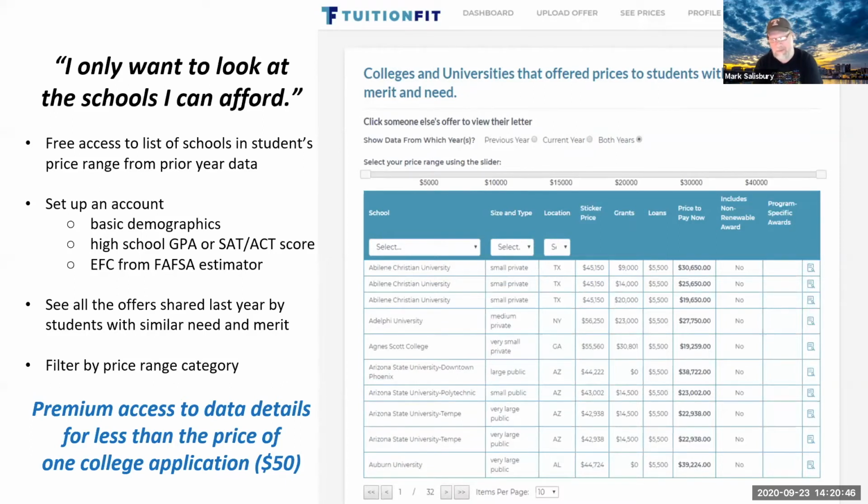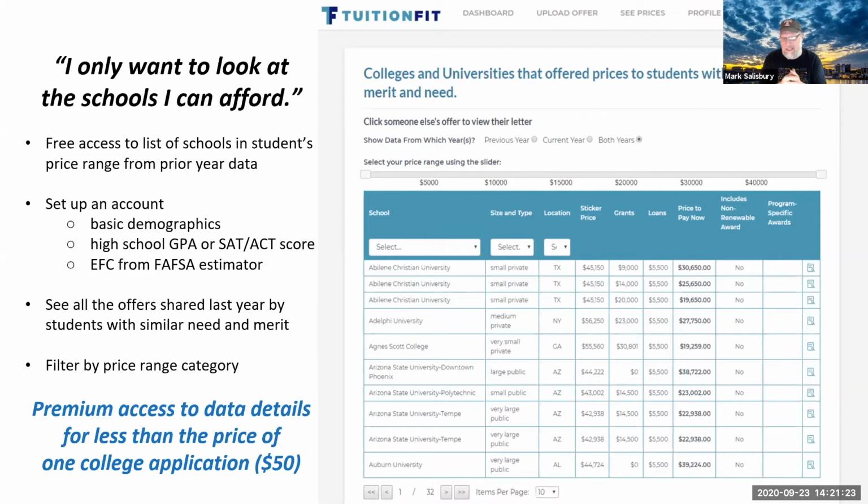And this piece of the puzzle, all this extra data, is really useful in helping families have a real conversation about value. Because let me just point you to two offers at the very bottom of this list. Let's say you've got a student and your young person really wants to be at a place where they've got big time football, and they're looking at a couple of schools and they say, Auburn, oh yeah, I heard of Auburn, they're really good. And then Arizona State, I don't know much about it, but I know they got football. Okay, great.